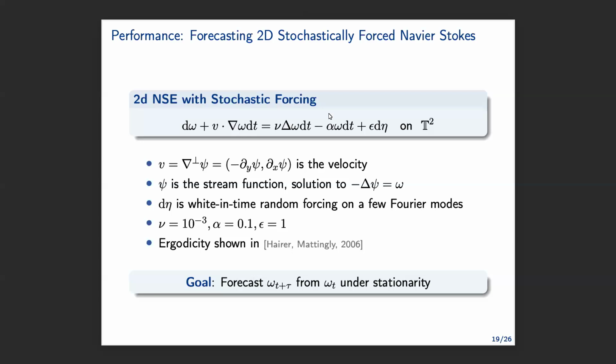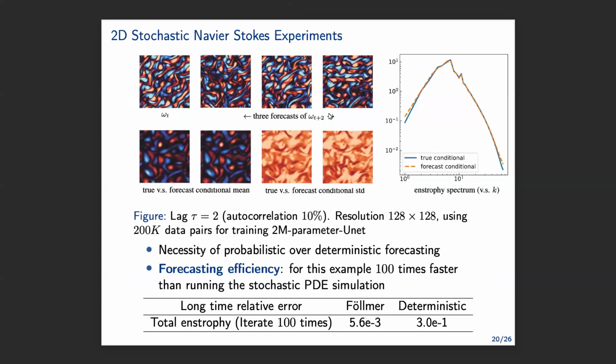Okay. And this is one of the results. So the left-hand side figure, the left up corner is the omega t. So you can see a lot of chaotic, and it's just the fluids. And the result output by our model is the X-ray with vorticity fields. You see they have different shapes, different patterns because it's stochastic. So that's expected. We can average them to get a mean and also conditional mean and also conditional standard deviation